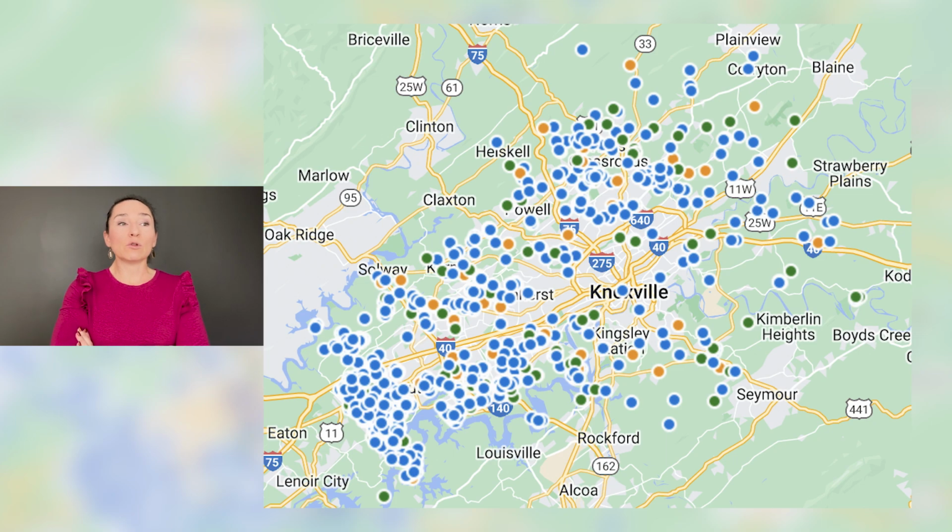If we look at where those are, as you might guess, those tend to be further out. Now, if you look at the graphic I have provided, if you look by Farragut, you see a ton of blue dots. So those we can assume are new construction for the most part with a 3-car garage. If you look further out, like by Seymour or Rockford, the South Knoxville area, up by Halls, that area, Corryton, those tend to be probably an outbuilding. So it's going to be specific to area whether or not it's a 3-car garage, or it could be a